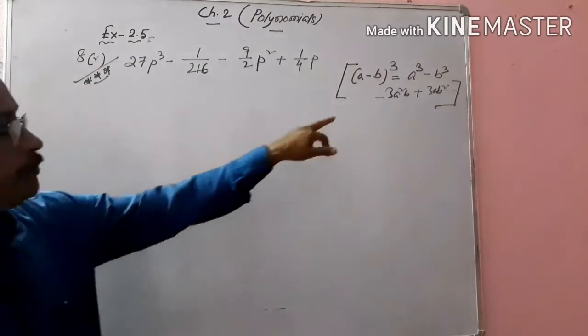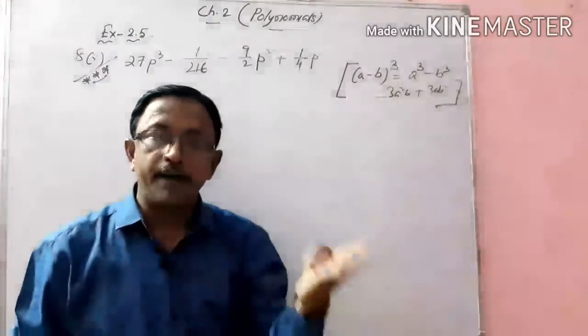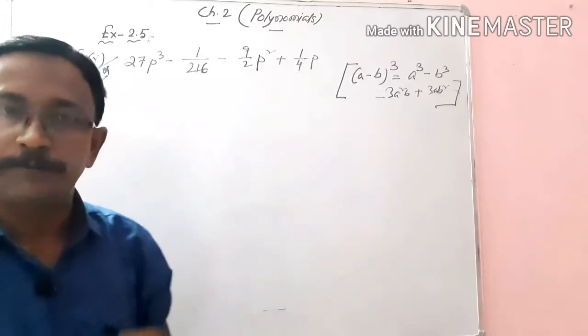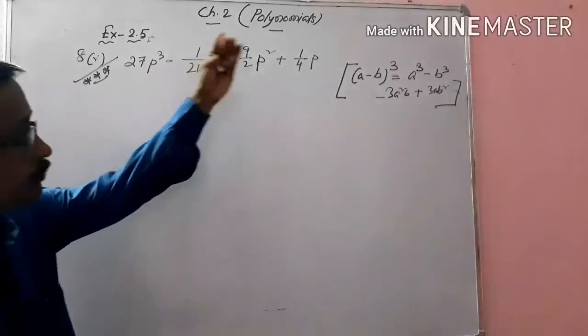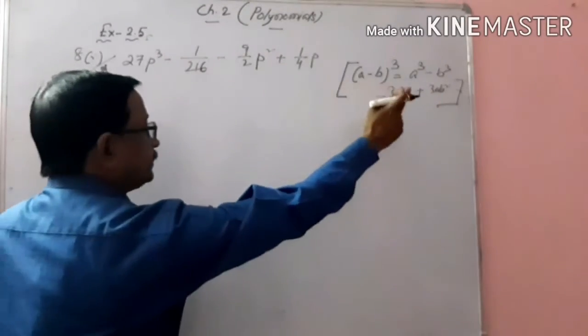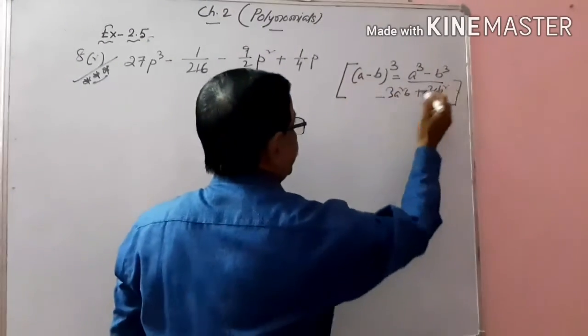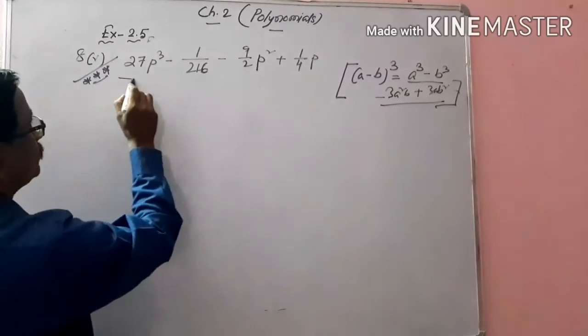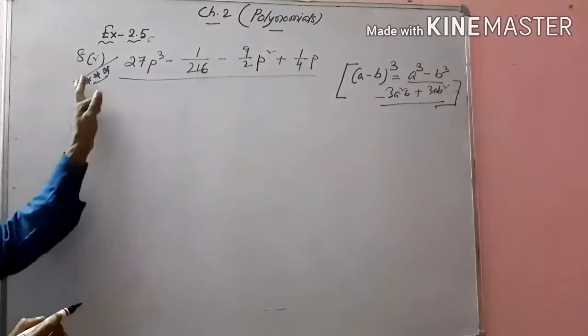Okay, I think each and everyone you know, because that type of identity I have already explained in my last video. So we are just using how to apply this identity. Okay, with the help of this identity, you see the right hand side is matching with this, no? It is matching. Now we'll break this one.